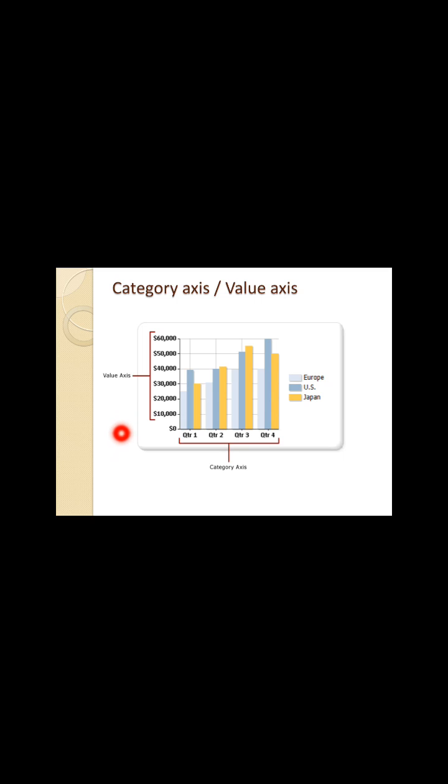So this is the category axis, against which the subject of analysis is plotted on the x-axis, and this is the value axis. It is used to plot the value. This is the horizontal axis or x-axis. This is the vertical axis or y-axis, or you can say value axis or category axis. Now next we will see